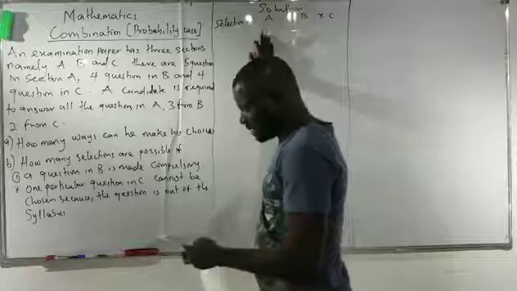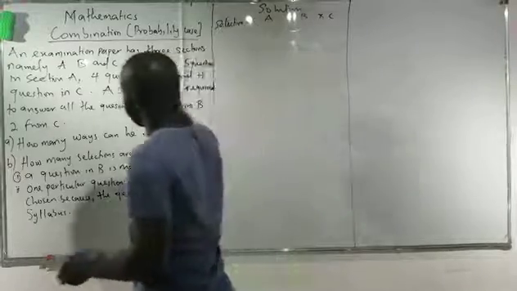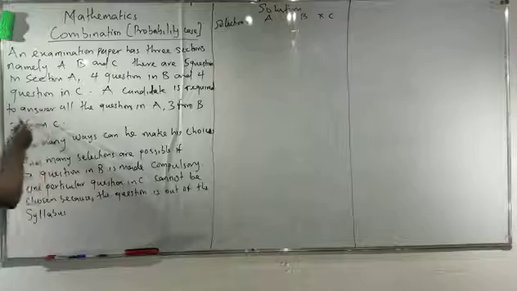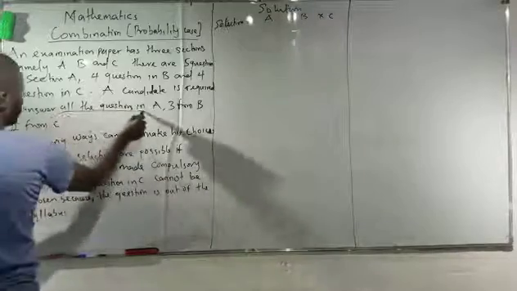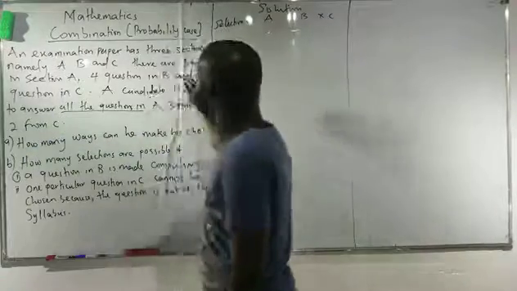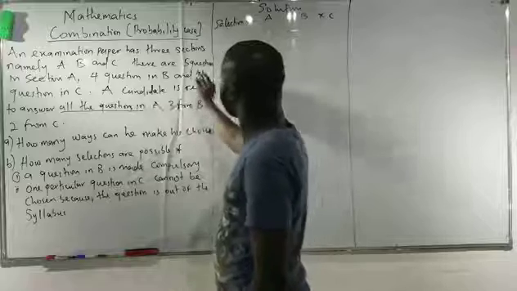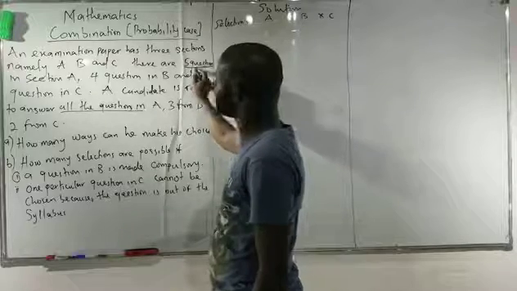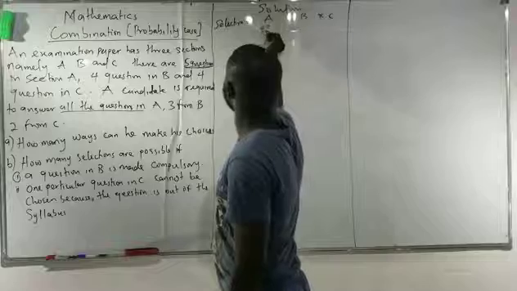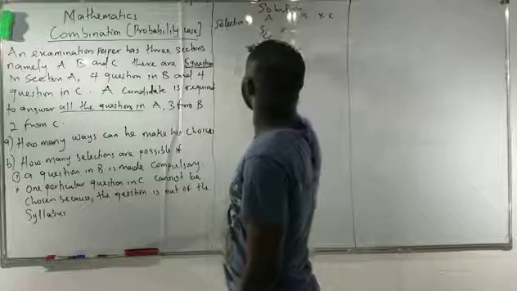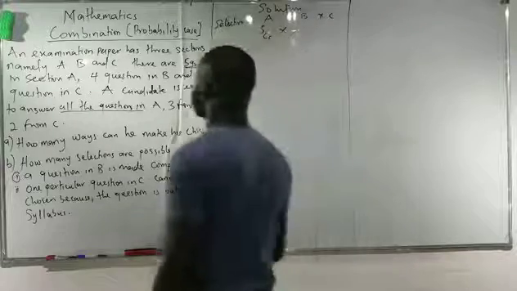My A is all. Since A is all questions in A, it means how many questions in A, which is all, which will be 5 questions, which will be 5 combined 5 multiplied by